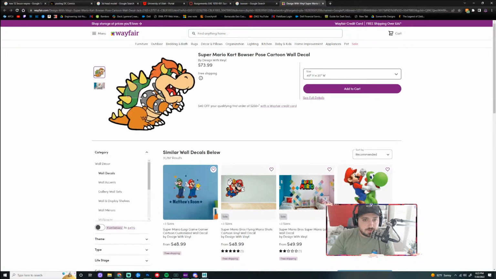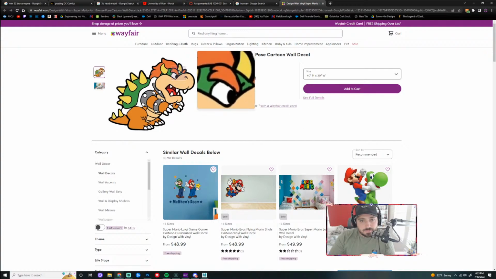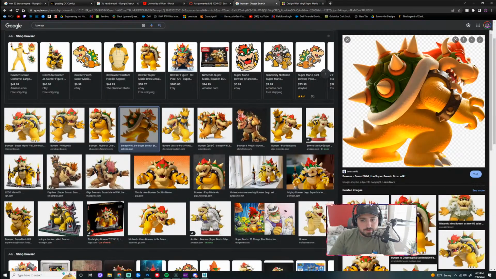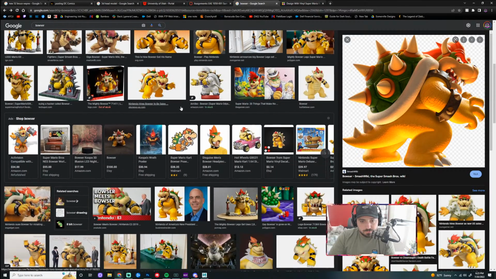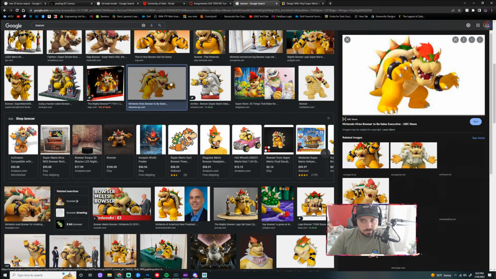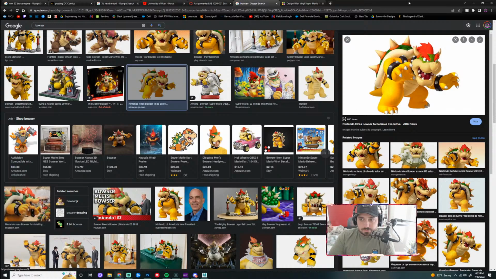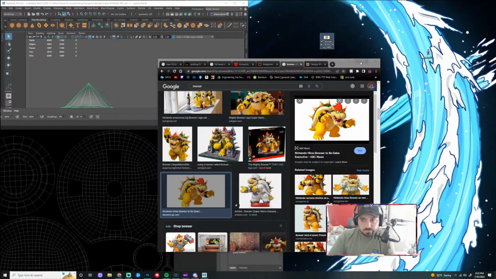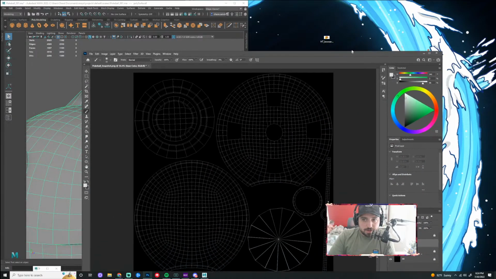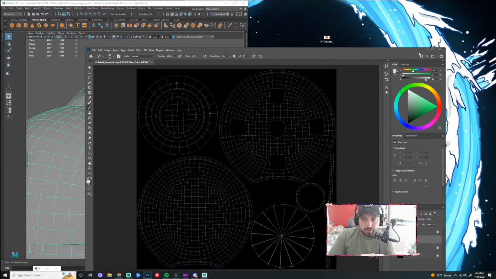He's got the yellow with the green and the white. A little bit orange. So we take a picture of Bowser or something, then drop it in here on a different layer, just so we can create a color palette. Let this load for a second.